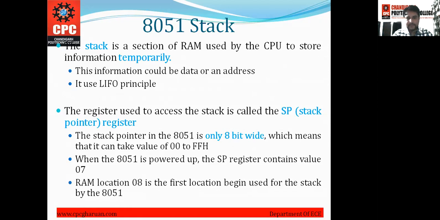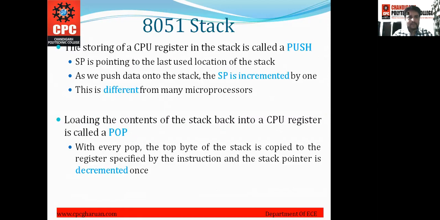When 8051 is powered up, the stack pointer register contains the value 07, which is just before the start of register bank 1. RAM location 08 is the first location being used for the stack by 8051. The storing of a CPU register in the stack is called a push command.